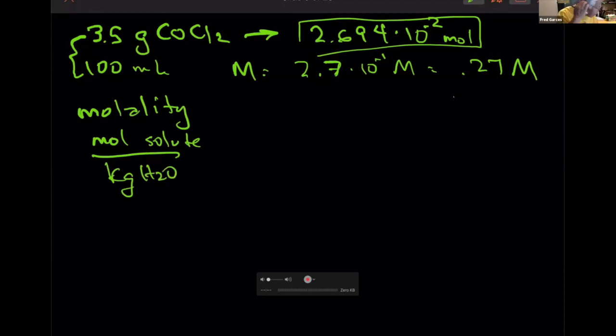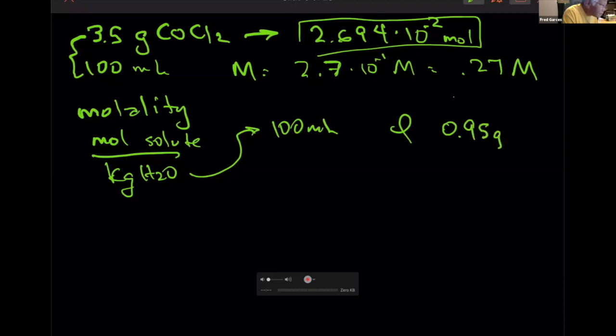Now we don't have the kilograms of water because what we have is 100 milliliters. And that right there is the volume of the water and the cobalt chloride. But we do have the density, and the density of the solution, rho, the Greek symbol rho, is the symbol for density, for those of you who took physics. The density is